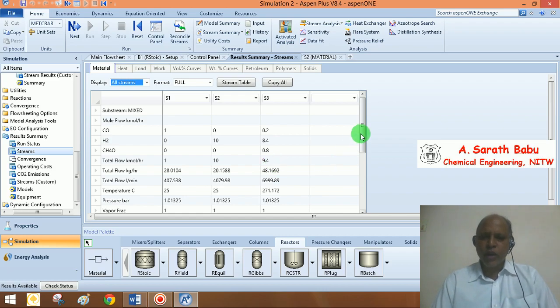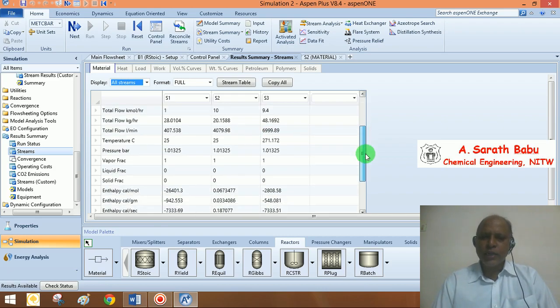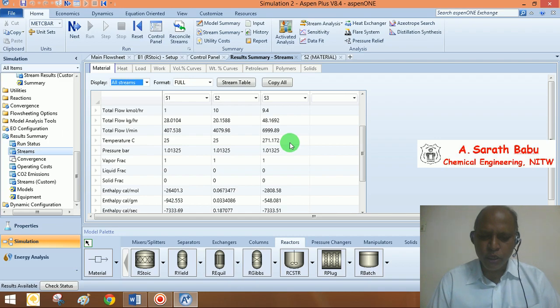Now, we were able to calculate the adiabatic reaction temperature by specifying there is no heat input nor output when the reaction is in progress. Depending on whether it is exothermic or endothermic, there could be either a temperature increase or temperature decrease. Now, in this way, we should be in a position to calculate